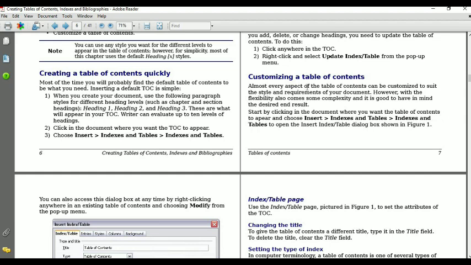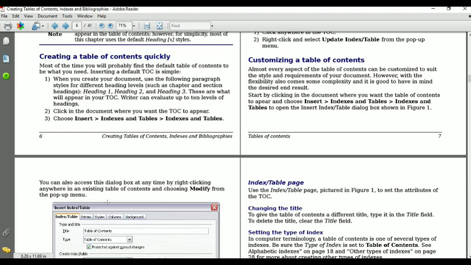Almost every aspect of the table of content can be customized to suit the style and requirements of your document. However, with the flexibility also comes some complexity, and it is good to have the desired result in mind. Start by clicking in the document where you want the table of content to appear. Then choose the Insert Index and Table option to open the Insert Index/Table dialog box.